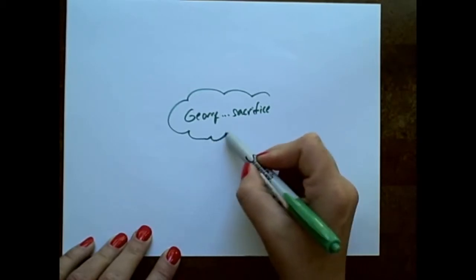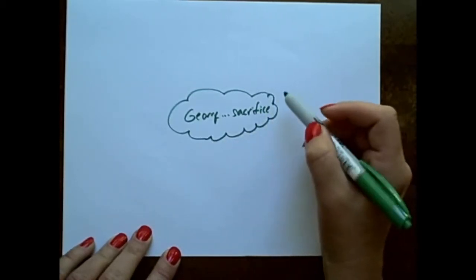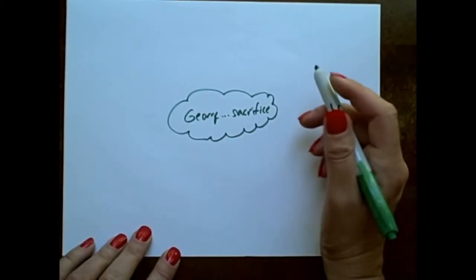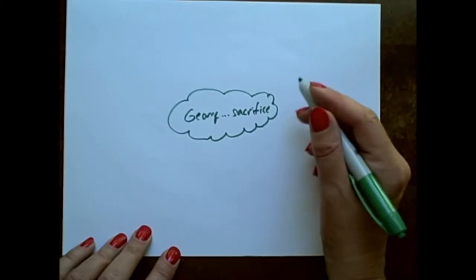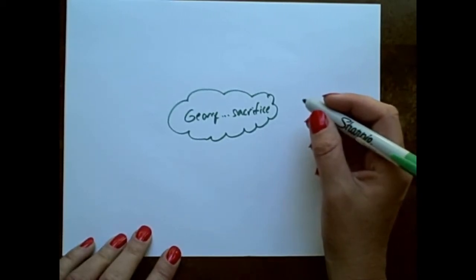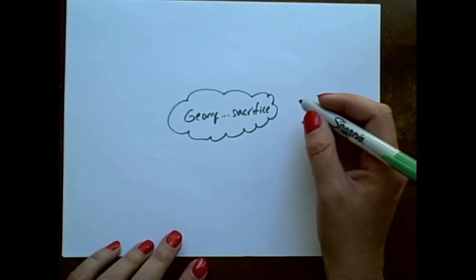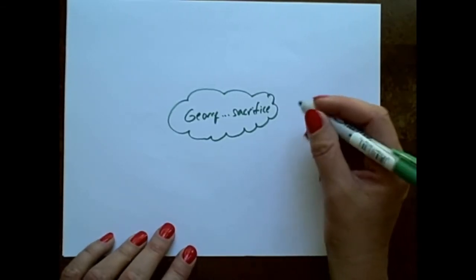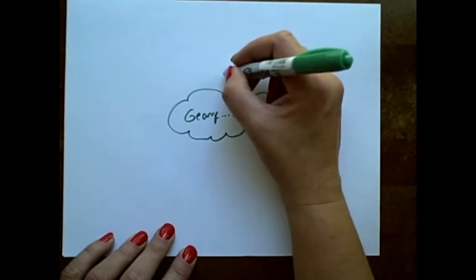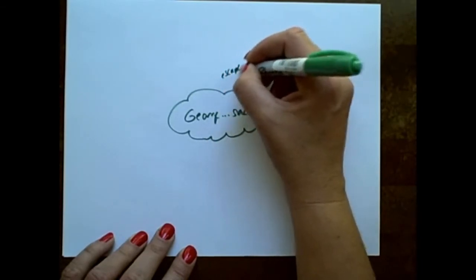Now I'll brainstorm every single example I can think of that's remotely related and write them all down. Remember, don't edit yourself when you're brainstorming. There are no bad ideas at this point. So I could talk about the escape from weed,